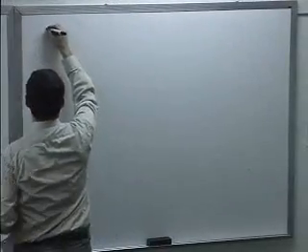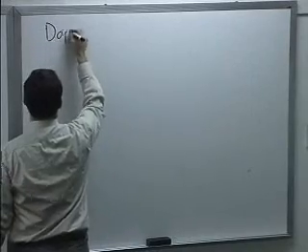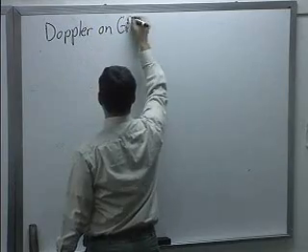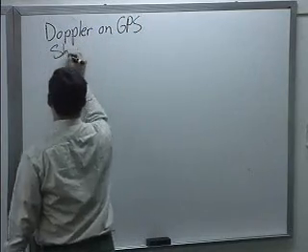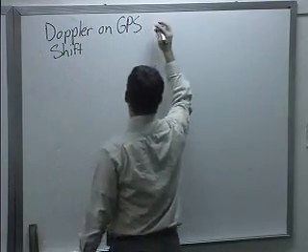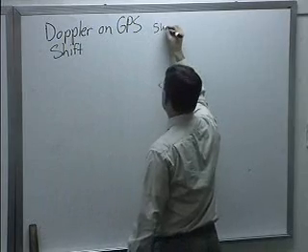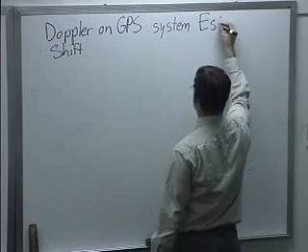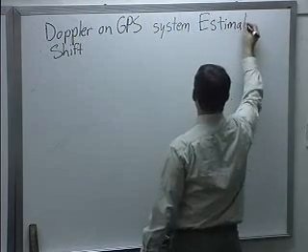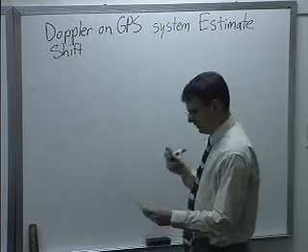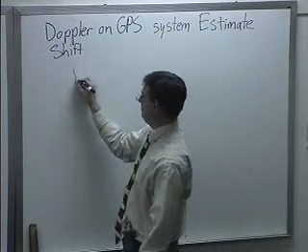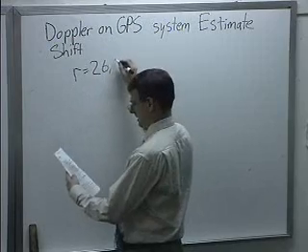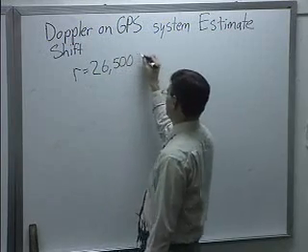So let's say we are trying to estimate the Doppler shift on a GPS satellite. This will just be a back of the envelope estimate, just to get some ideas about how fast things are going. So we know that a GPS satellite is at a radius of roughly 26,500 kilometers from the